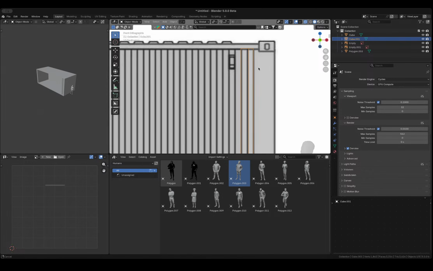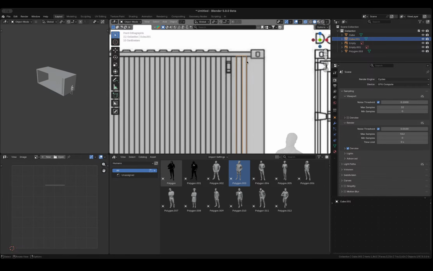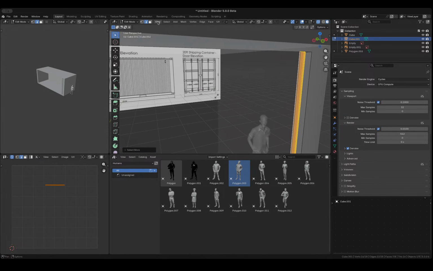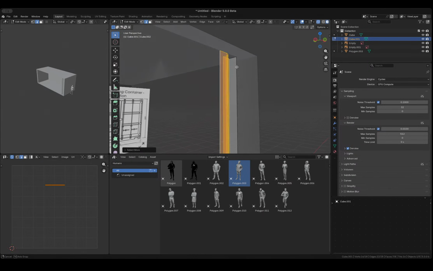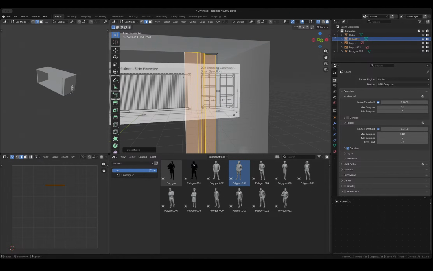and before I start arraying this whole thing, I want to create another duplicate of this. So I'm going to select this edge. I'm going to go to select and then select more. Right. So we're going to go to view, frame selected, and we have all that selected. Right. So what